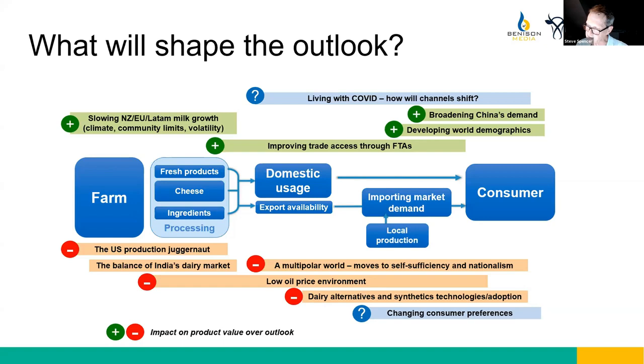I'll talk about the low price environment for oil. One of the hangovers from COVID for many years will be the fact that we have a structurally oversupplied oil market. That impacts the dairy sector in a number of ways. Not only does it impact, if we have low oil prices, we have low feed costs, we have easier production margins for farmers. We also have several dairy markets which are impacted by lower oil revenues, and that gradually impacts the spending available in those markets.